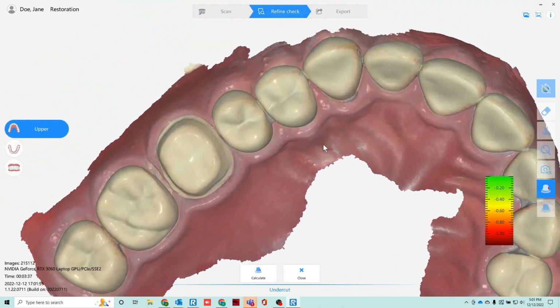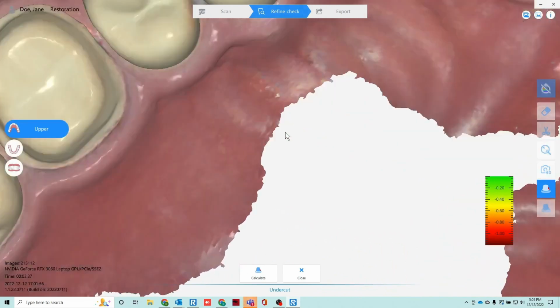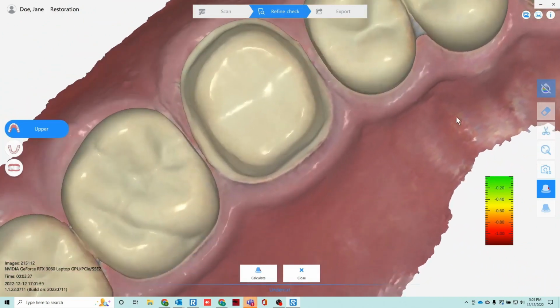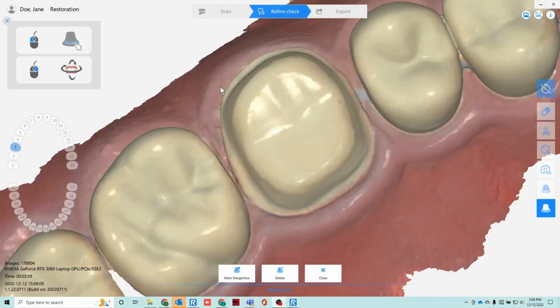So click on upper, and then on the right side of the screen, there's a button there. The very last button on the right side, it says margins. So click that button, make sure it's activated, it's colored blue, and then below it, you would see options that says mark margin line. So click that. Once you click that,